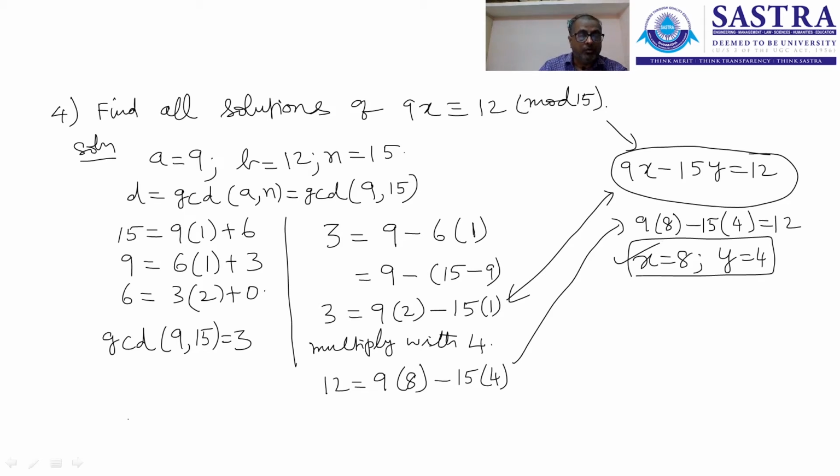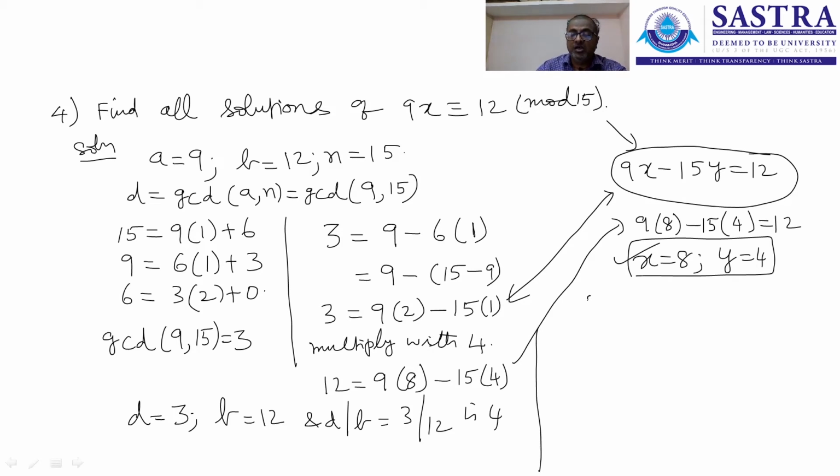Now you see here d is equal to 3 and b is equal to 12, and d divides b, which is 12 divided by 3 is 4. So this problem should have 4 solutions, and the first solution is x0 equal to 8. So now what do I get? This xi would be x0 plus n by d into t, where t is nothing but